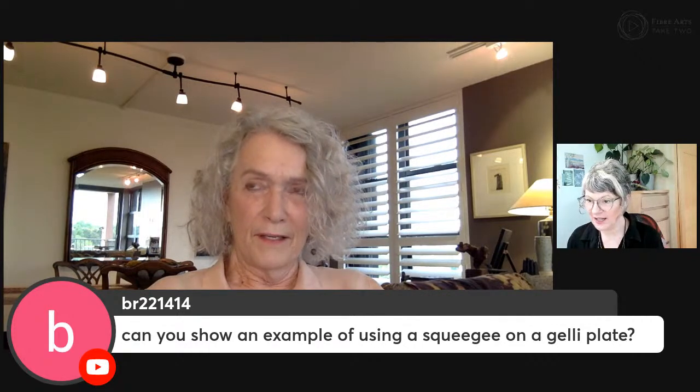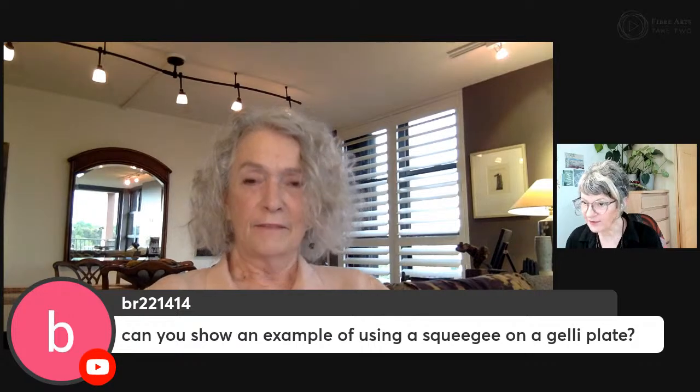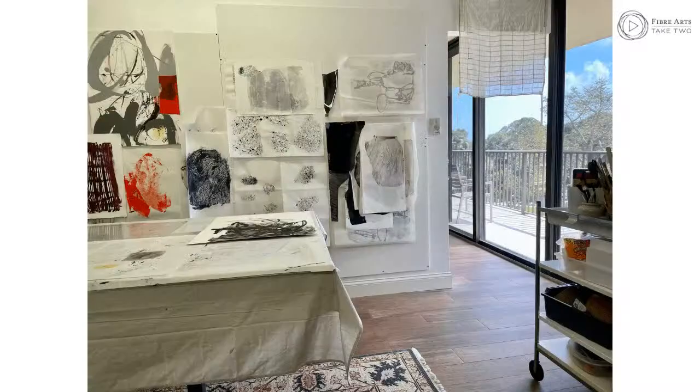I gave you an image of my studio in Fort Lauderdale. Okay, let's do that. So, to about the middle of this image, there's a jelly plate print. And actually above it, there's a jelly plate print too. The one in the red is a jelly plate, but then to the right, towards the end of the wall, close to the glass doors,